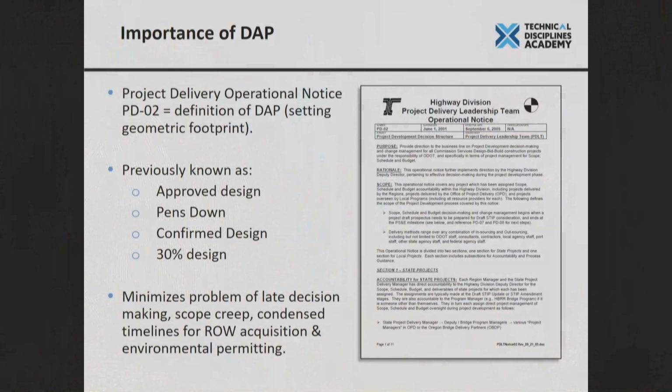So the importance of DAP, this is an important tool in the life of the project delivery life cycle. Like Jim says, it establishes that geometric footprint. It's making those decisions on the project. We did have and continue, I mean, it's a continual struggle to protect against scope creep, to protect against rework. Early in my career, we used to track rework with a separate activity code. And so you'd be running 3-page timesheets, and that wasn't much fun. But it was important back then, 25 years ago, that we were tracking the rework in the section I was at, that we're trying to narrow that down.